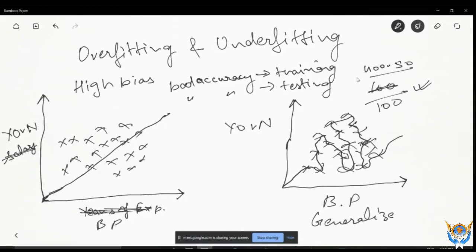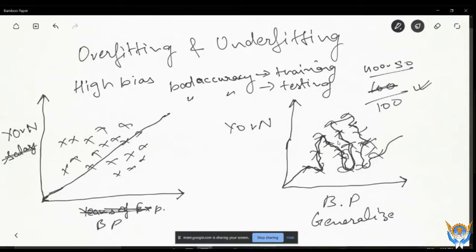So in overfitting condition, at the time of training your accuracy is very good, because you memorized your data very well, but on unseen data it is not. Why is training accuracy good? Because at the time of training you made this kind of a pattern, you made this kind of a curve.